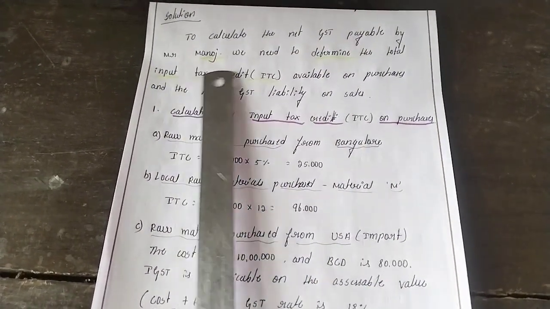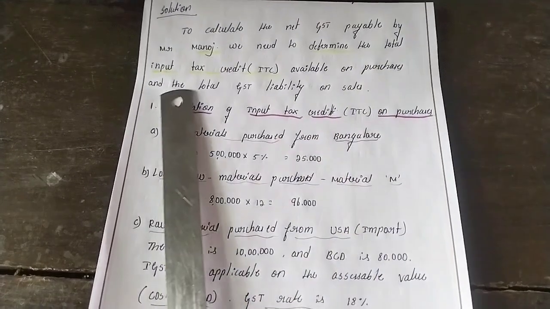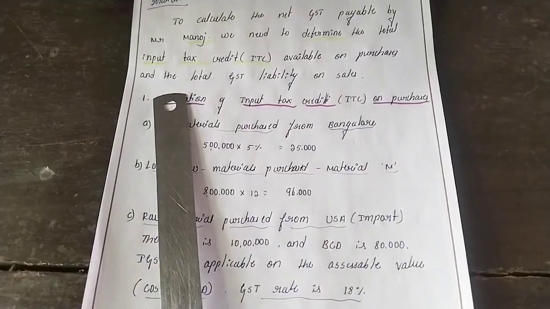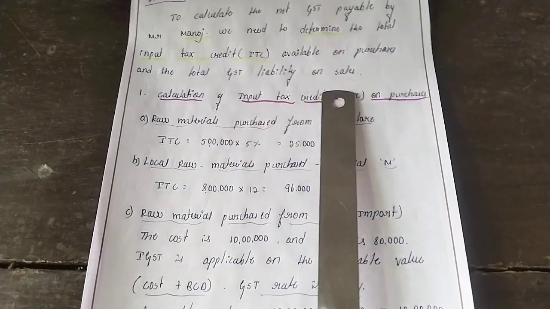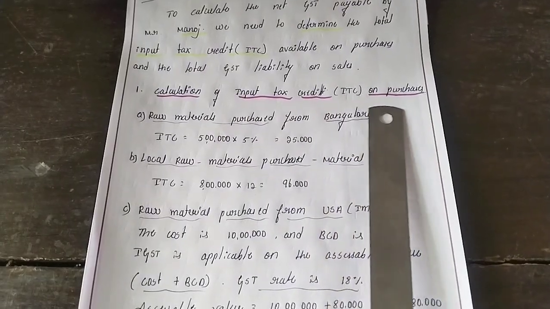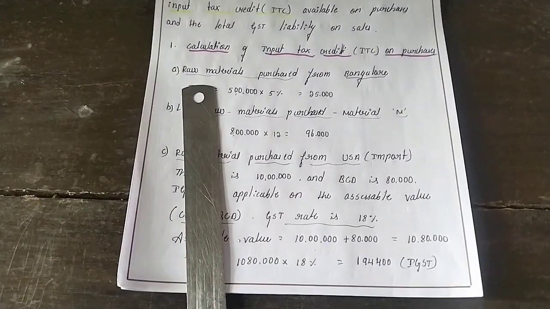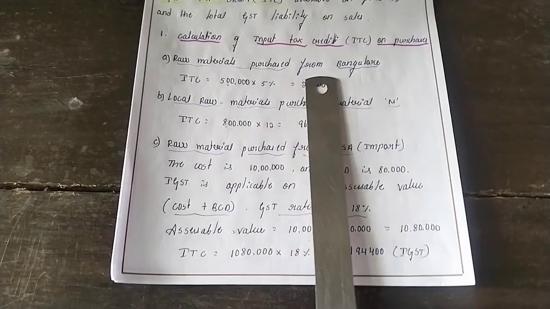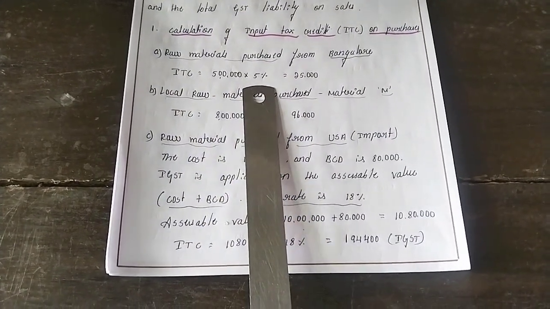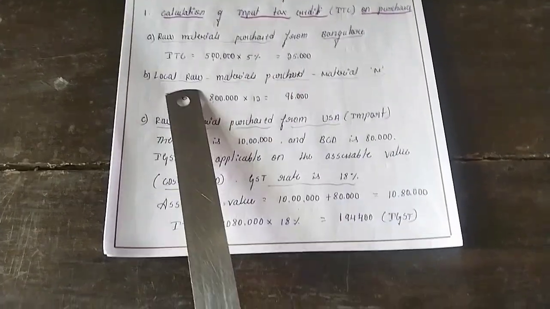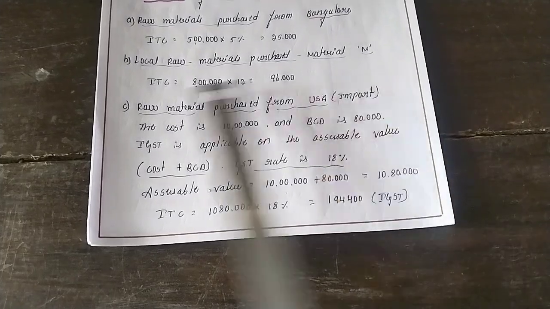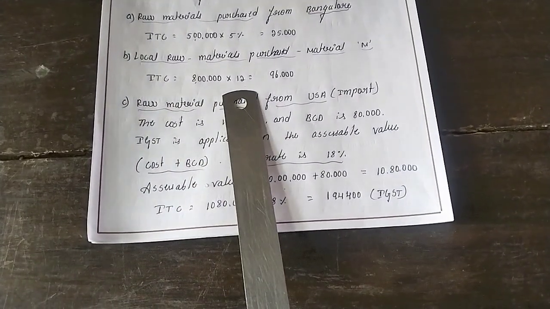To calculate the net GST payable by Mr. Manoj, we need to determine the total input tax credit, that is ITC, available on purchases and the total GST liabilities on sales. First, calculate the input tax credit on purchases. Raw material purchased from Bangalore, 5 lakh, GST rate is 5%, we get 25,000. Local raw material M purchased, ITC on 8 lakh, GST rate is 12%,